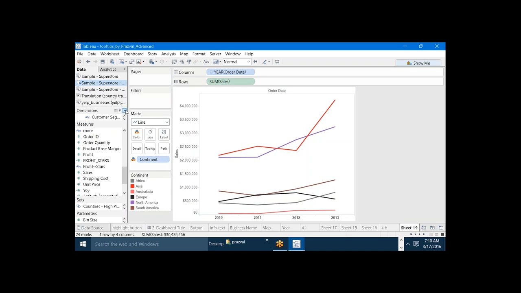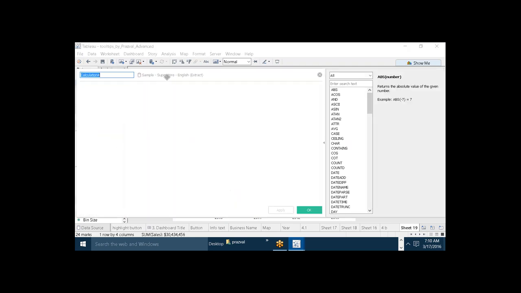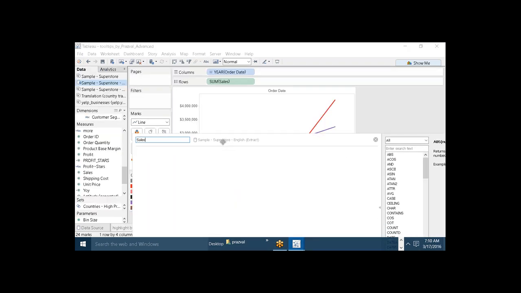First of all, just compare the last value with the previous value. So here I'm performing a comparison. I'm taking a sales growth formula: ZN of sum of sales minus ZN of lookup of sum of sales, comma, minus 1 to compare with the previous value,